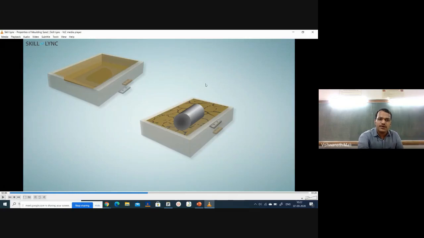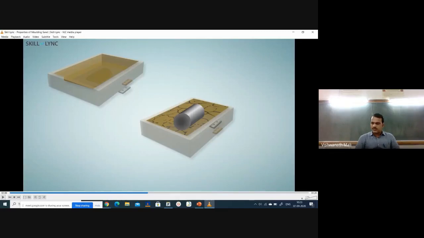Here there is a simple part, but when there is a complex part with internal surfaces, in that case this property is very important. And how does this molding sand get cracked? Due to the heat produced by the molten metal, it will automatically crack. The crack will be produced in the molding sand due to the heating, and once it is produced, it will create a space so that the metal can contract easily. That is the collapsibility.